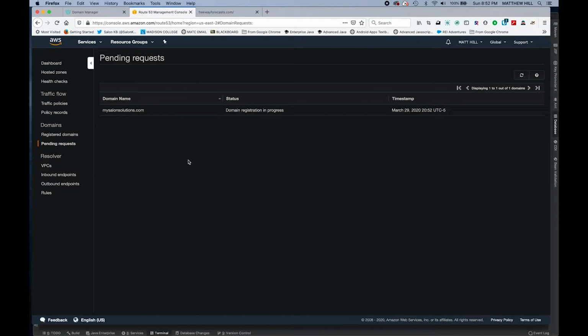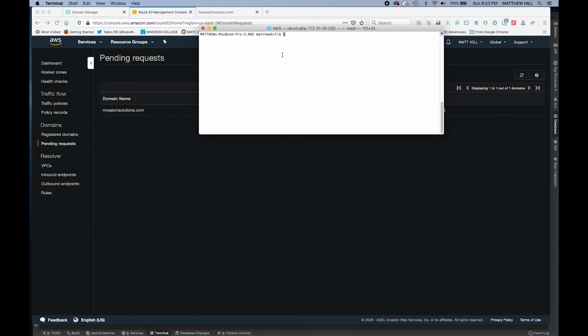I've heard before, sometimes it does take like 24 to 48 hours and maybe even a little longer to propagate. So we'll see how soon that goes through. Pending requests, so it's in the queue. In the meantime, we know we have it, I think. Hopefully we have it. So I'm just going to copy that, and we're going to start diving in a little deeper here. While we're waiting on that, let's get a terminal window open, and we're going to SSH into our